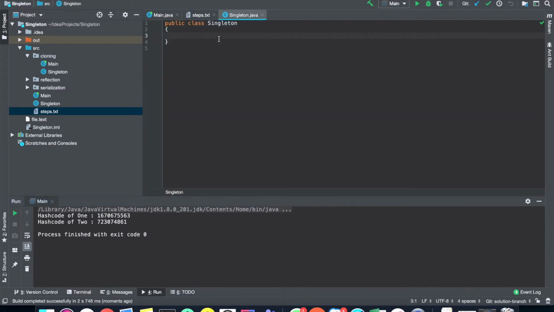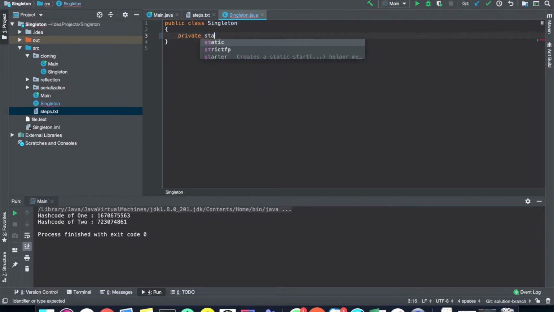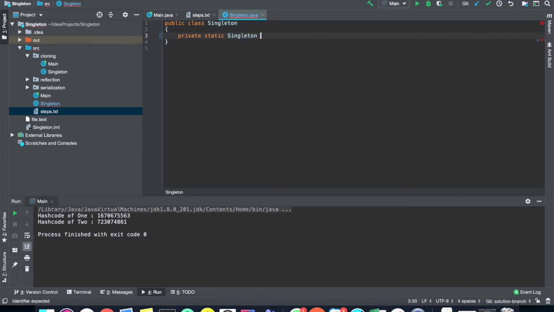We'll create a private static instance of the same class, with the variable named instance, and in the eager approach we'll create the object at the first level.